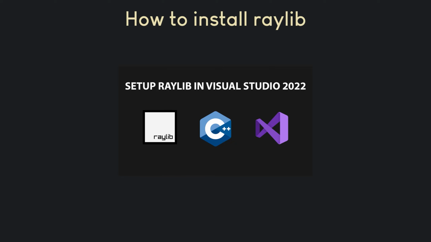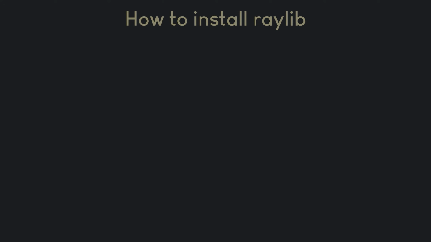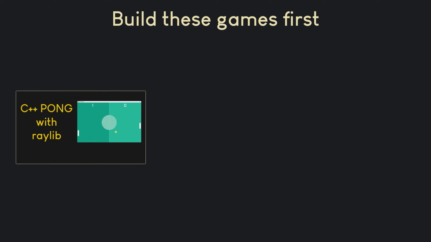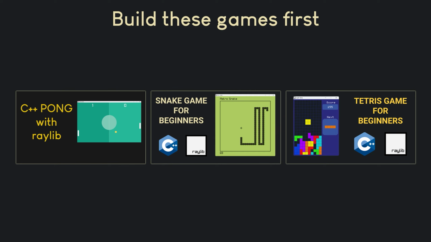If you use a different operating system, you can still follow this tutorial if you have a working C++ setup with the Raylib library. Additionally, if you are new to game development with Raylib, I suggest starting with my Pong, Snake and Tetris game tutorials, linked in the video description, to make the learning process smoother. Don't worry if you are not yet an expert in C++. This tutorial will provide valuable insights and help you learn a lot.